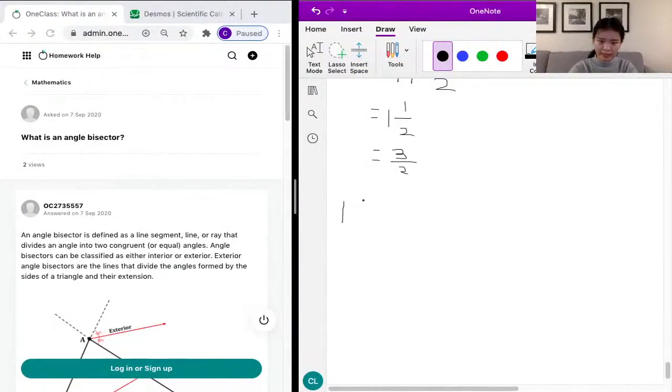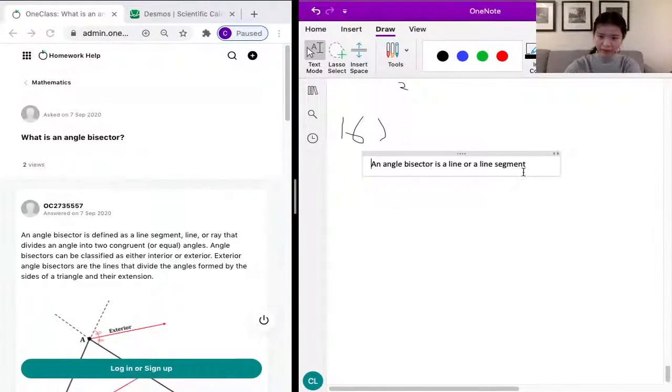Our question number 16, an angle bisector. Let me try to do text mode. An angle bisector is a line or a line segment or ray. I think the laptop stopped responding. Oh, perfect. Angle bisector is a line or a line segment or a ray, but I don't really like the